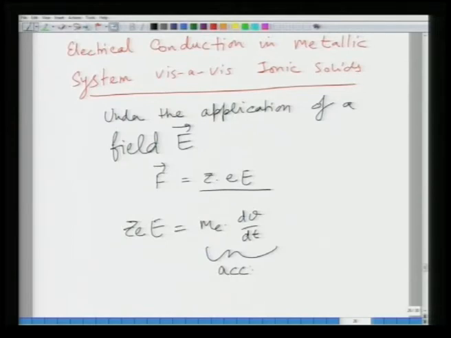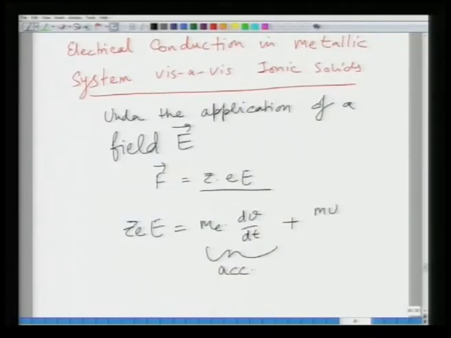But we know that the electron does not keep on getting accelerated, it acquires a drift velocity, and this is due to something called damping. So, this is the damping term, which you can relate, for example, to something like friction, and this prevents the electron from acquiring an infinite velocity. So, this mv by tau, where mv is nothing but momentum, is basically p by tau, and this tau is your relaxation time.